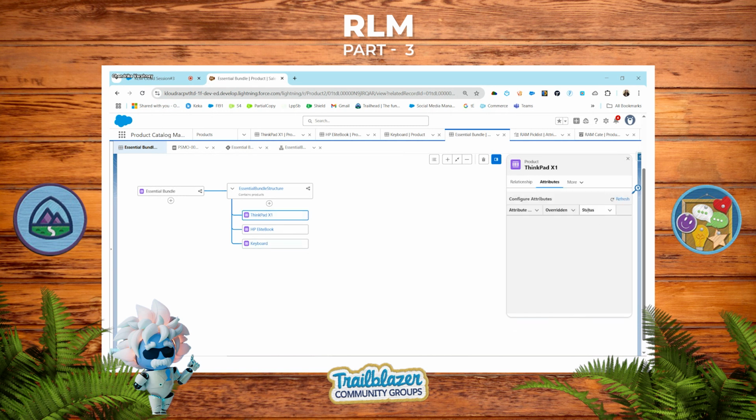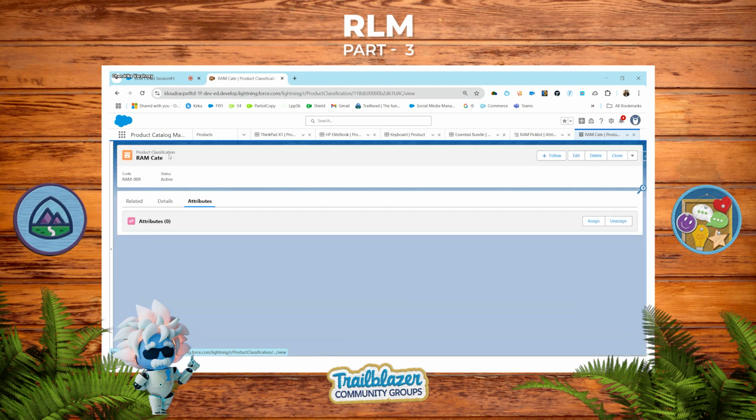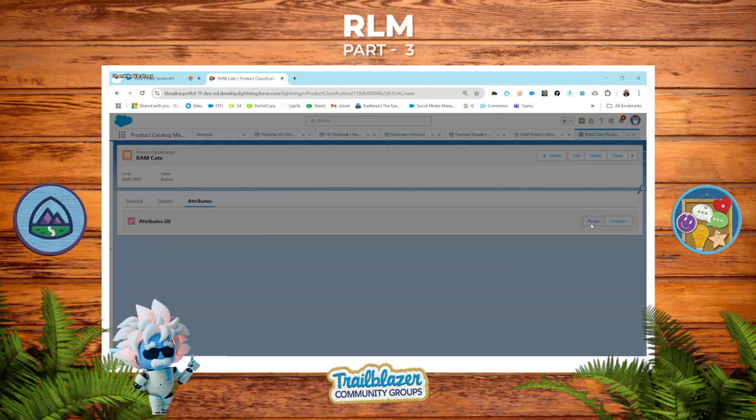So here you are not able to see any attribute that we have created, the 8 GB RAM, 16 GB RAM, and 32 GB RAM. This is because we haven't assigned any category here.